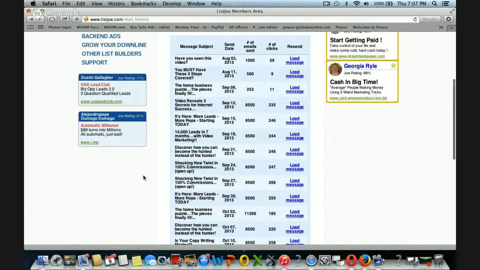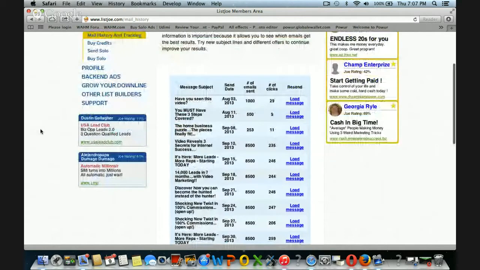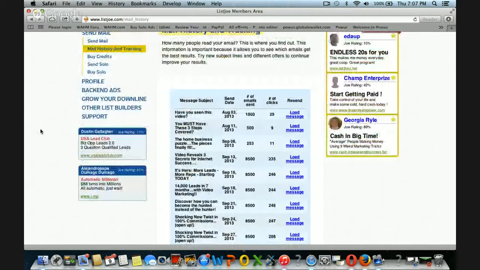I started out taking swipe copy, and that's great if you want to start that way and you haven't done a lot of copywriting and don't feel like your copywriting is up to snuff. But I will tell you, copywriting is a skill. So the more you do it, and this could just be a practice thing for you if you use a free account, till you get more comfortable with copywriting. Maybe start with swipe copy. Another thing you could do is take some swipe copy and put some of your own words in it, so you're making it all your own.